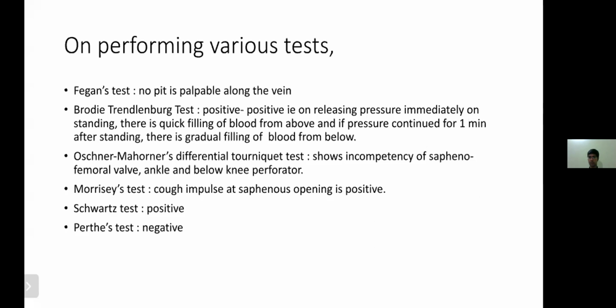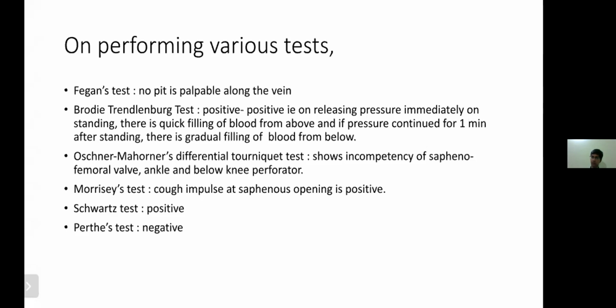Ankle perforators, then 3 lower leg perforators. There are Cockett's perforators. Above knee and below knee perforators. Yes, above knee, below knee perforators. And then one is at the level of the thigh. There's a thigh and ankle. Okay. So the various names are, can someone tell me the names also if someone knows that?